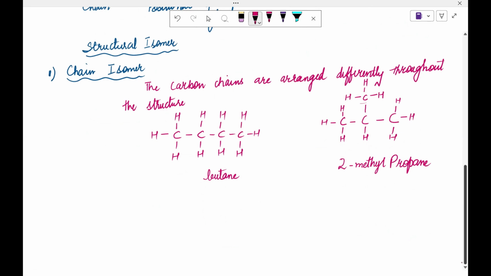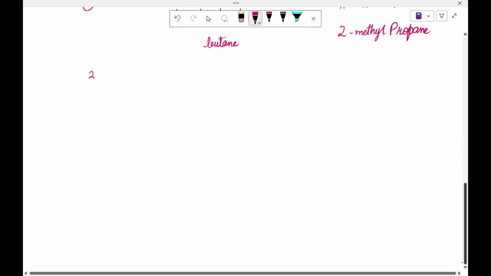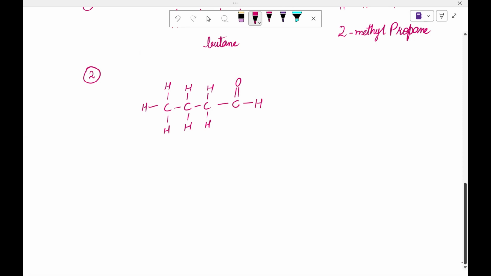Let's take one more example. This is the first example, and let's take another example. So this is carbon, three carbons are there. So that would become C3H7, and there is C double bond O, H. Now it can also be written as,